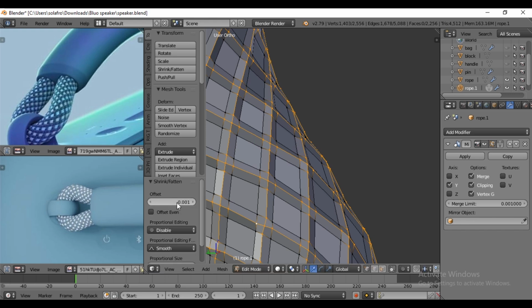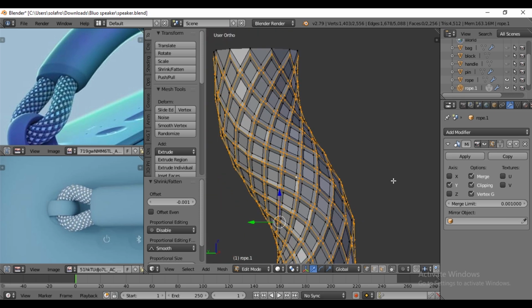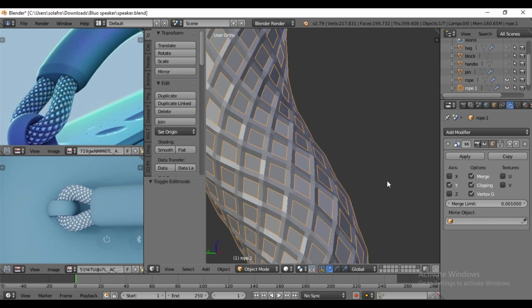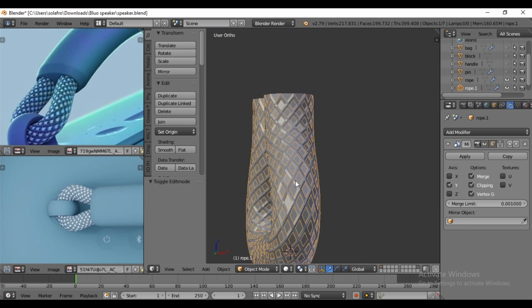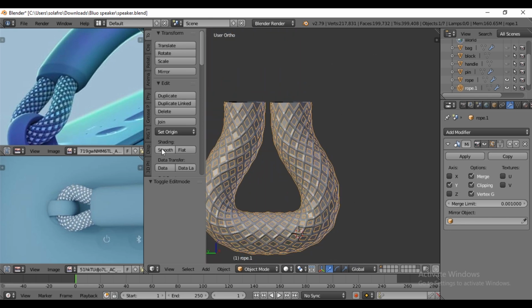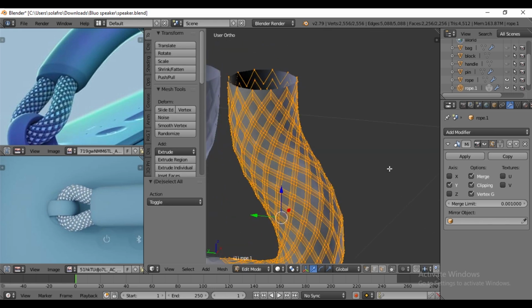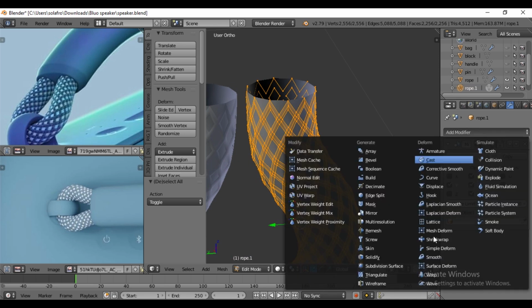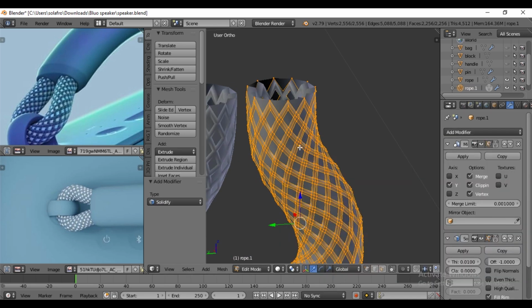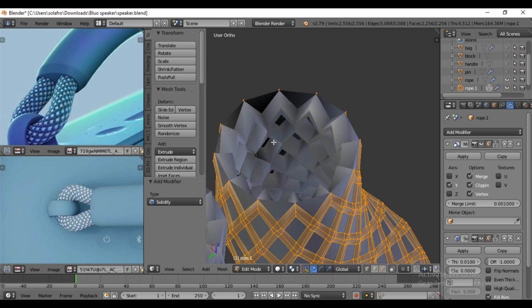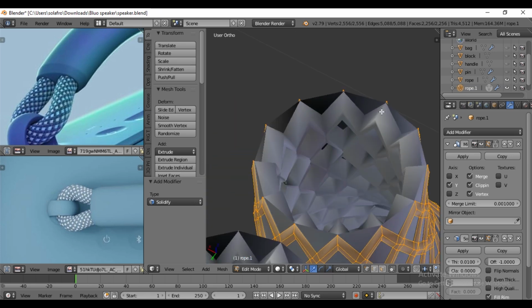S is to scale in all axes, X, Y, Z. But Alt S is scale only in the Z axis or on its own axis. Make it shade smooth. Go to the modifier tab, then add solidify modifier to add a little depth or thickness.